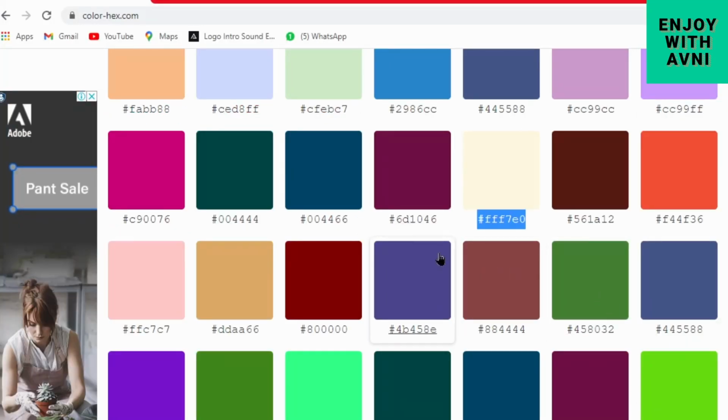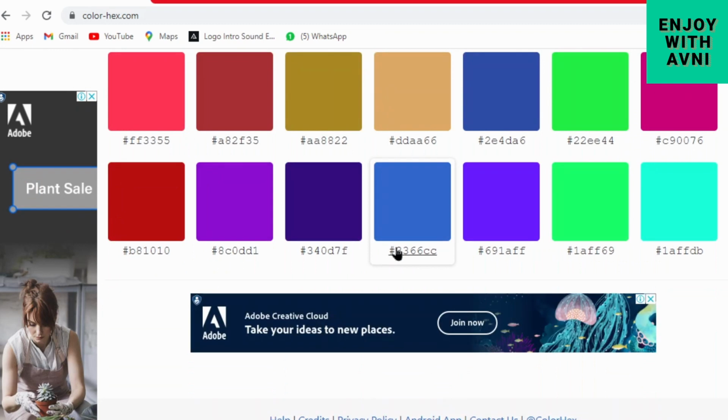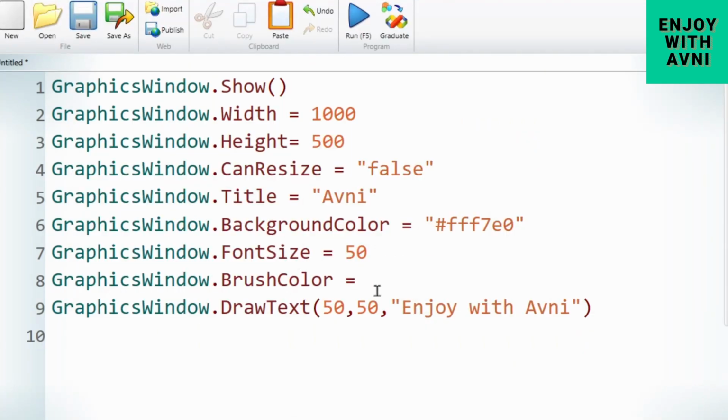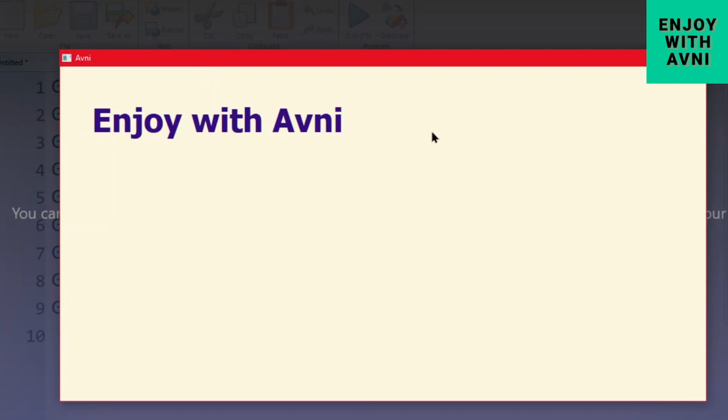Now again go to the hex color. Suppose I want the font color to be this hex color. Copy it and paste it over here in inverted commas. Now see, the font color is changed.